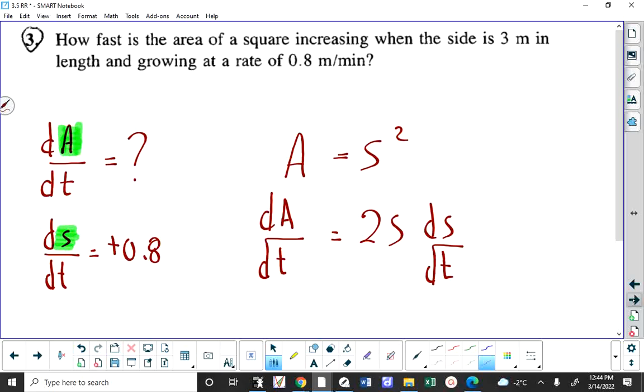The derivative of A with respect to time is dA/dt. The derivative of s squared with respect to time is 2s ds/dt. That's your second step. Any questions with the derivative there? Okay, your final step is to use this and maybe this a little bit to answer the question. Don't forget what we're trying to find in this question